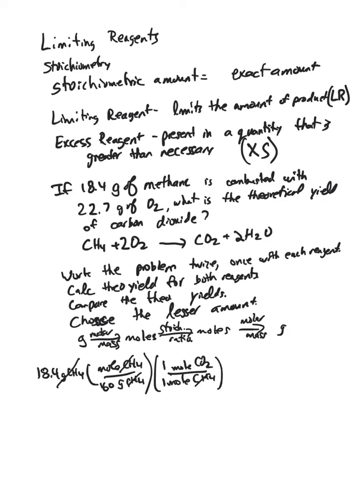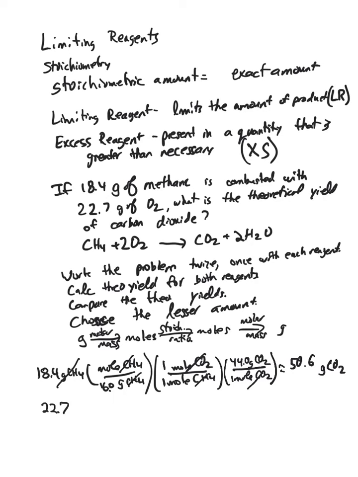So moles methane cancels, we get moles carbon dioxide, and 1 mole of carbon dioxide is the same as 44.0 grams of carbon dioxide. Moles carbon dioxide cancels, and that'll give us grams carbon dioxide. So 18.4 divided by 16 times 1 divided by 1 times 44 gives me 50.6 grams of carbon dioxide. So that's if by chance methane winds up being the limiting reagent. We don't know yet,